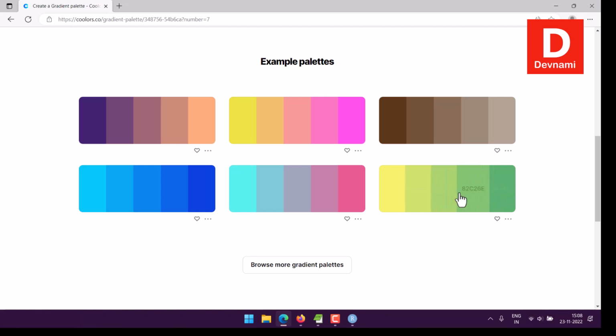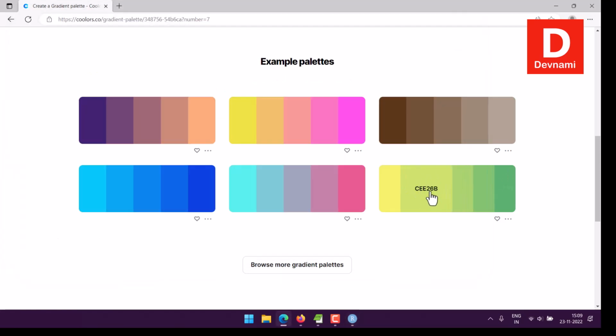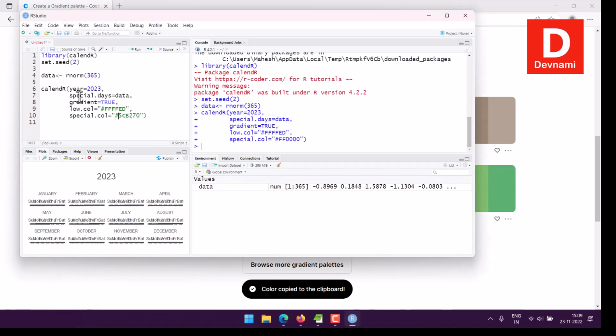Let's say if I choose this particular color and this yellowish color. So for special days we will choose this. If I add this color for special, make sure to use the hash symbol, then also this particular one for our regular color. So between the two we will be running our